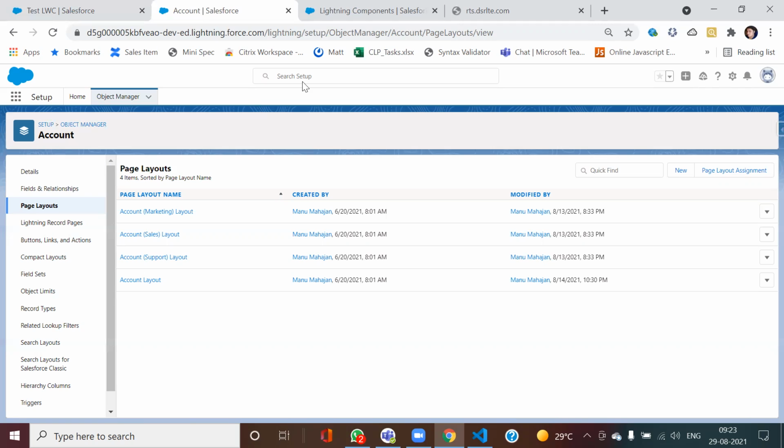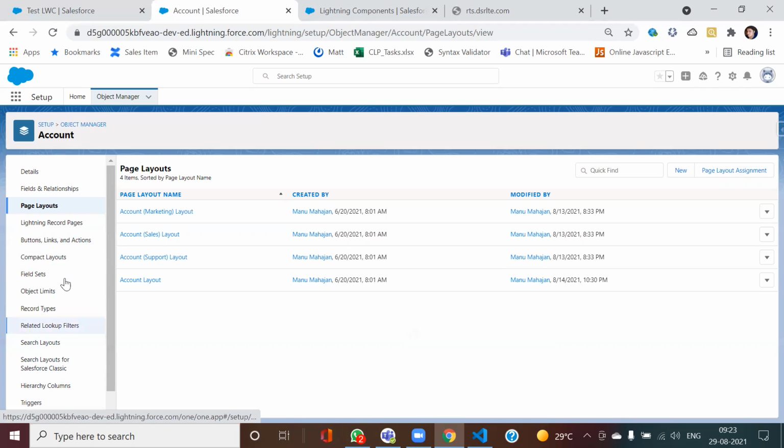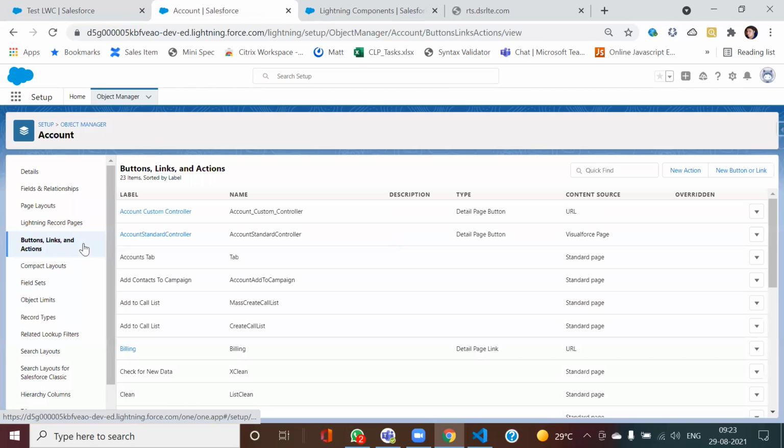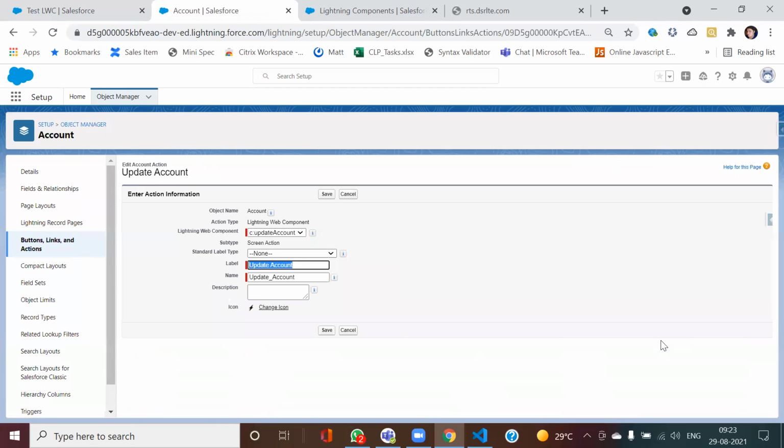Let us see how this web component has been created. I just want to know its name. Yeah, so now here, if you see, this is how it has been.